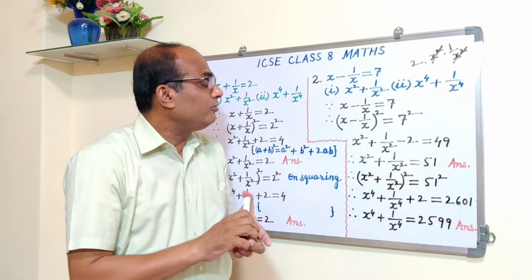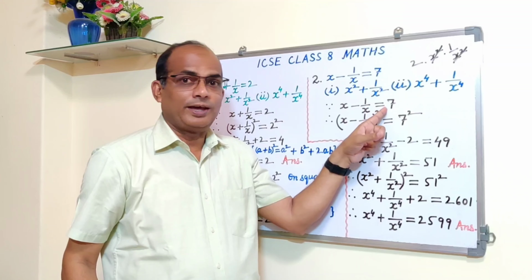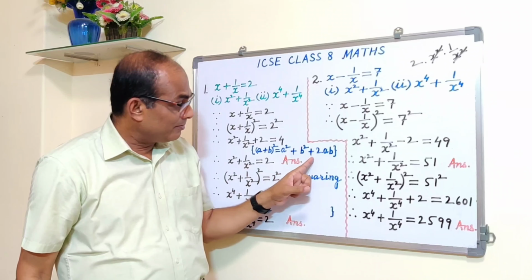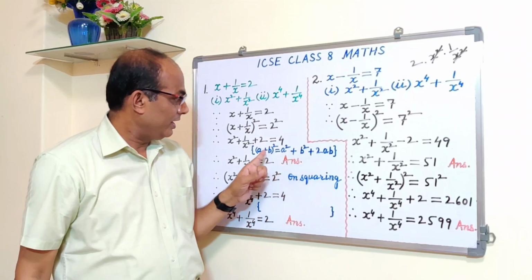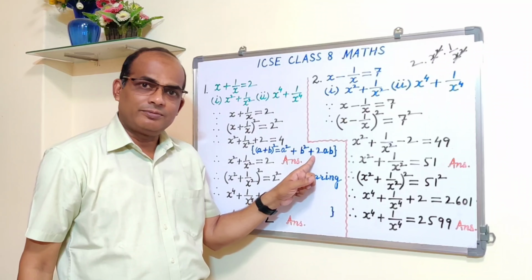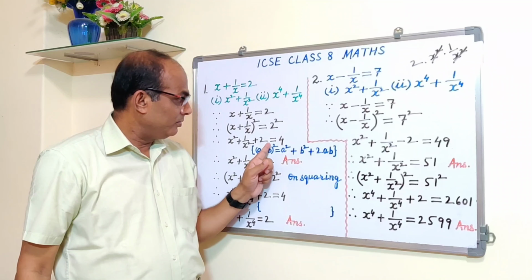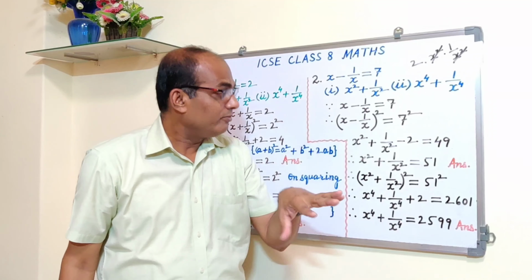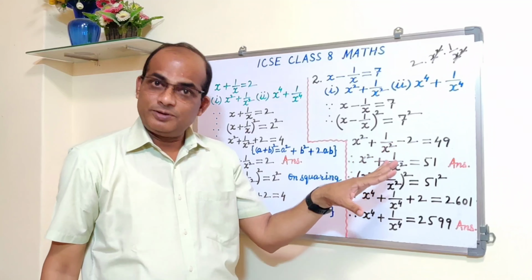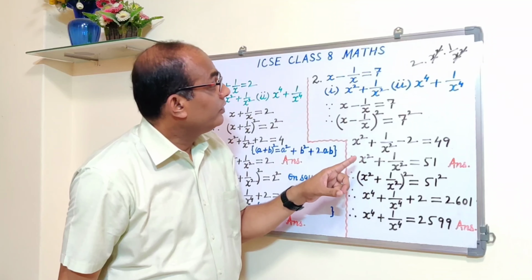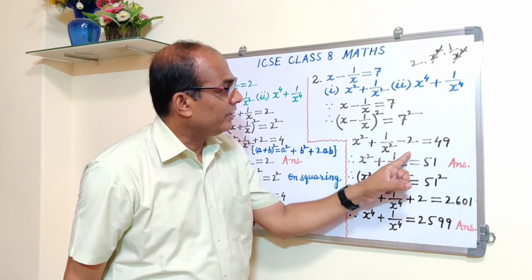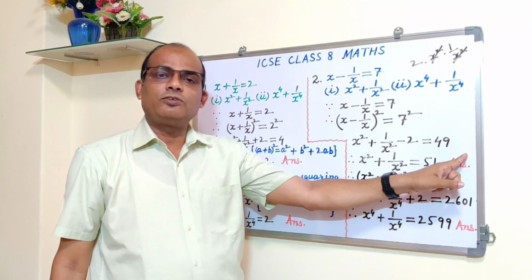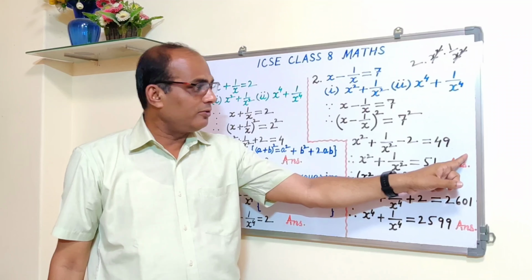Here you have to apply the formula of a minus b whole square. And that is nothing but a square plus b square minus 2ab here. If you have minus, then you have to write down minus. A minus b whole square is equal to a square plus b square minus 2ab. Is that fine? So the same formula I am using, which I have not written, you please write down. You are using the formula here, no? So here you can write down the formula: a minus b whole square is equal to a square plus b square minus 2ab.